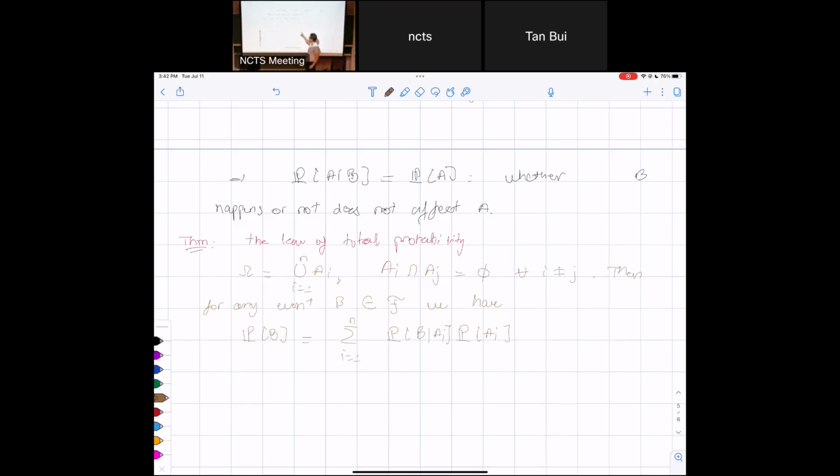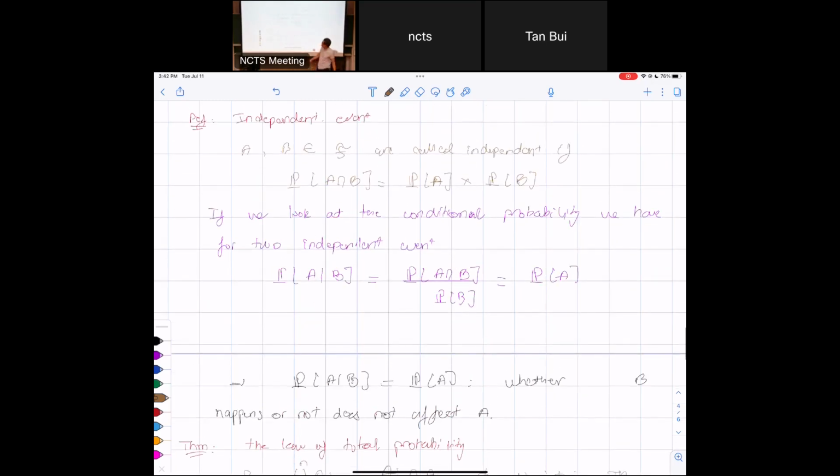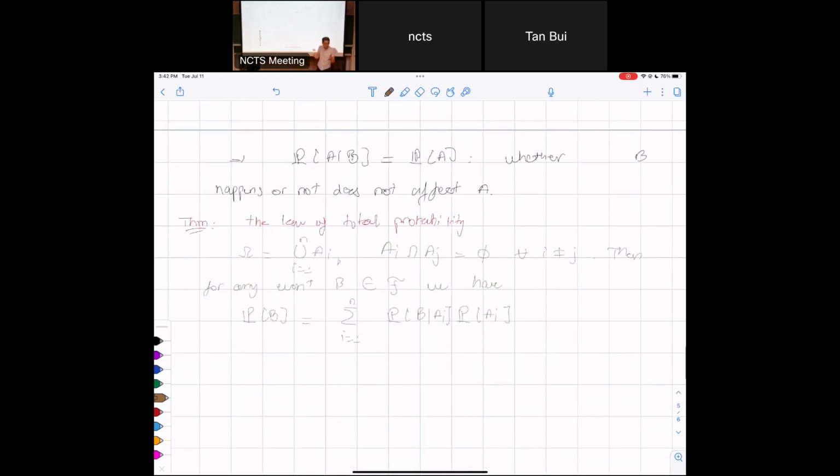It is equal to P of what? B intersect with Ai. You see that? This is nothing more than the probability of B intersect with Ai, using the conditional probability, right? This time, this is nothing more than P of A intersect with B, right? So this is integration, piece by piece, right? Piece by piece together, you add them up. So this is a P of B